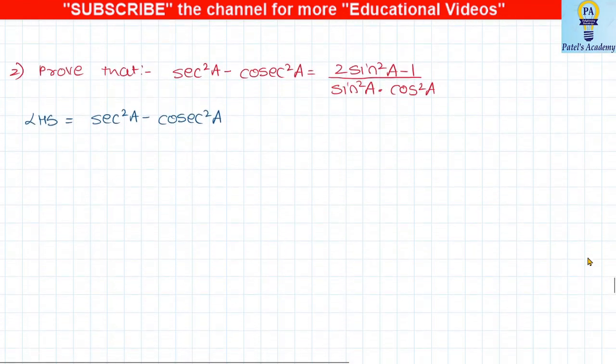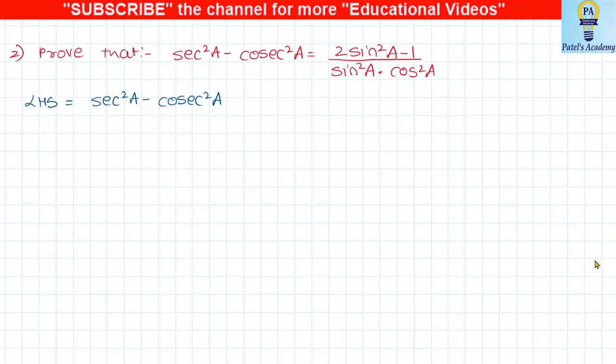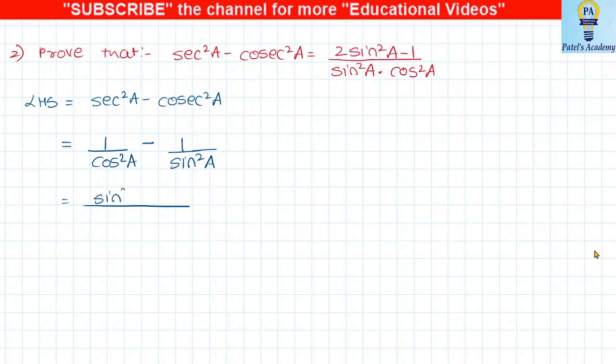Sum number 2. Now I have taken the left hand side, that is sec square A minus cosec square A, and we have to see that all the terms on the right hand side are nothing but in terms of sin and cos. So that is what I'll do. Sec is nothing but 1 upon cos. So I'll write down 1 upon cos square A minus, cosec is 1 upon sine, so I will get 1 upon sine square A. Now when I cross multiply, I will get sine square A minus cos square A upon the denominators multiplied, cos square A into sine square A.